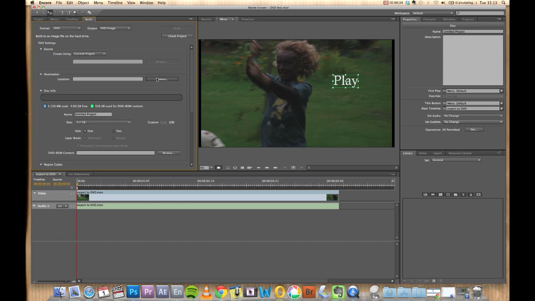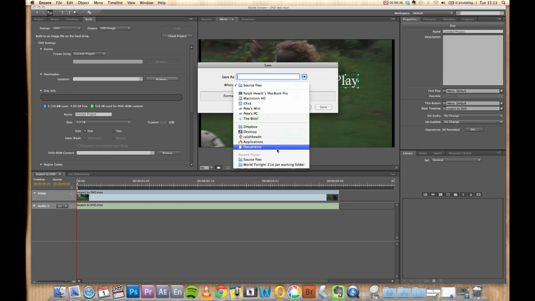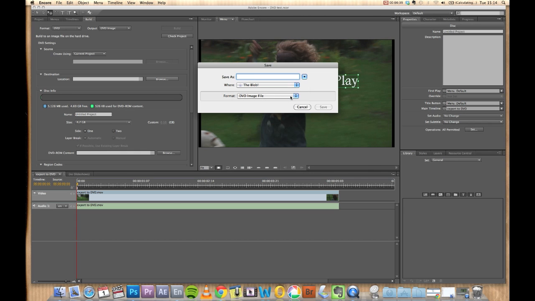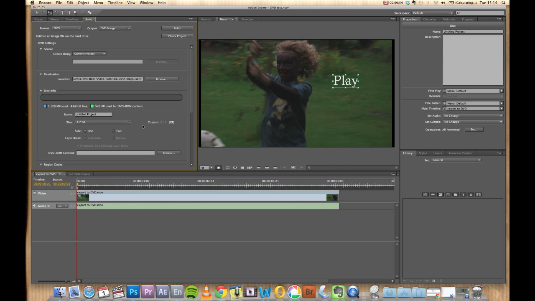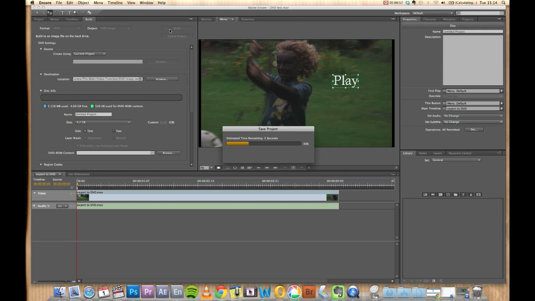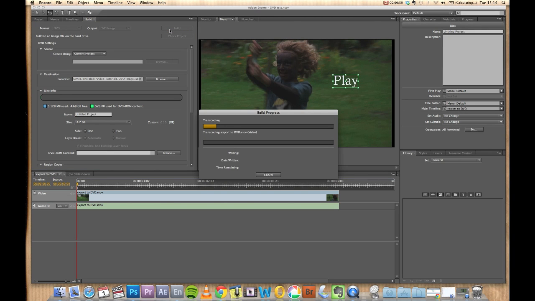So under destination I'm going to go to browse, I'm going to go to my hard drive and the video tutorial file. That's all okay. I'm going to put in a name and I'm going to call it DVD image. I'm going to click on save, and now I'm going to click on build. Now it's going to take as long as your footage is and then some, because the files have to be encoded into the right format. Basically, if you wait and you're patient,